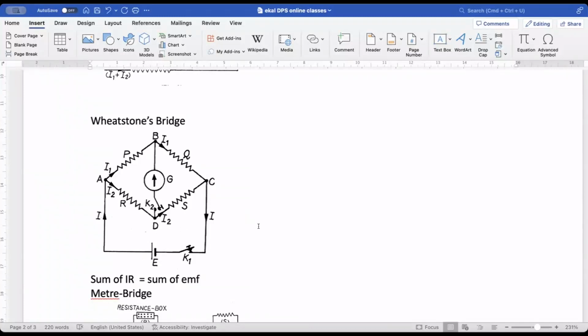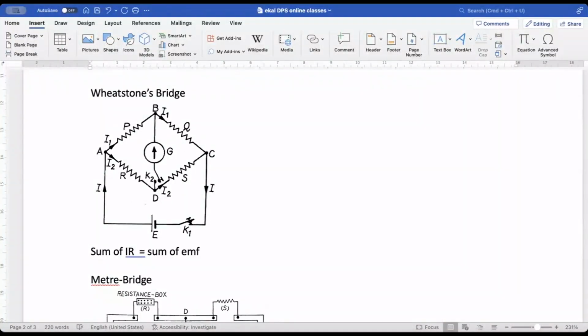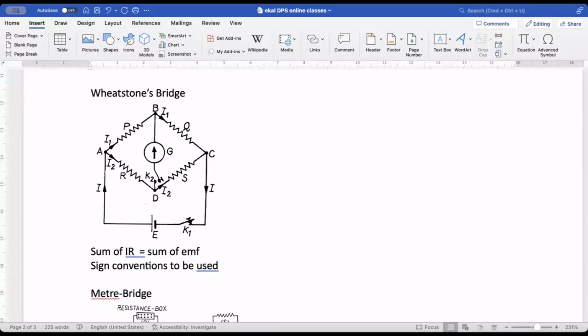It should be from positive to negative. For that, there are certain sign conventions to be used. The first one is when we move along the direction of the current,